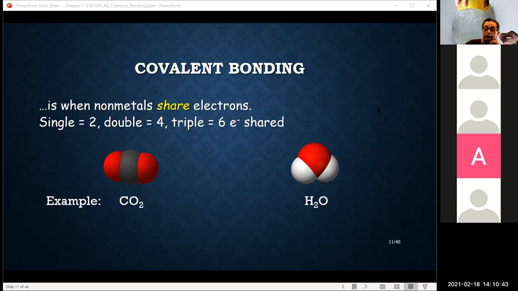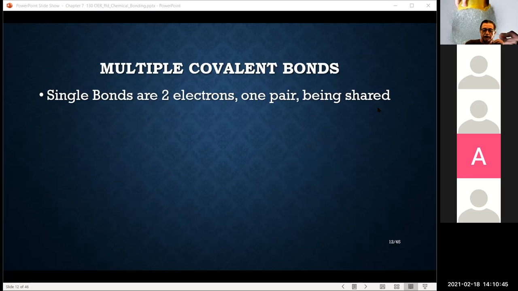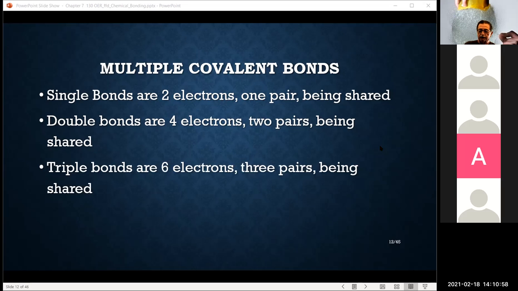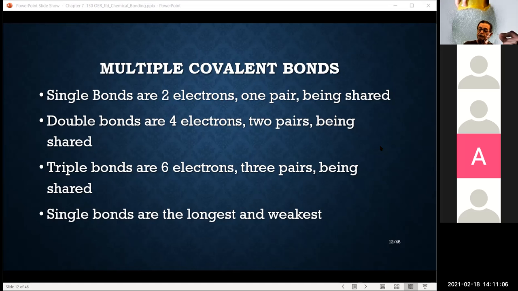Here's some of this out here. Now, single bonds: 2 electrons, 1 pair, they're being shared. Double bonds, as I mentioned earlier: 4 electrons, 2 pairs, they're being shared. And 6 electrons for a triple, meaning there are 3 pairs, and those are being shared. They're sharing bonds. Now, with respect to strength, single bonds are generally the longest as far as measuring the